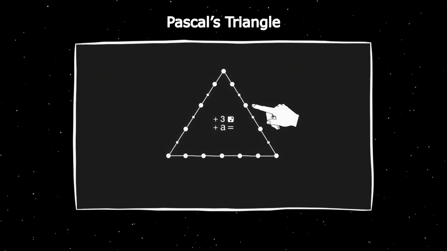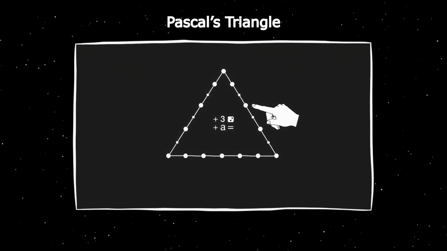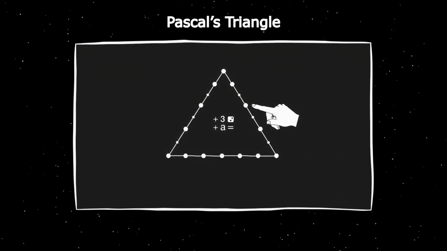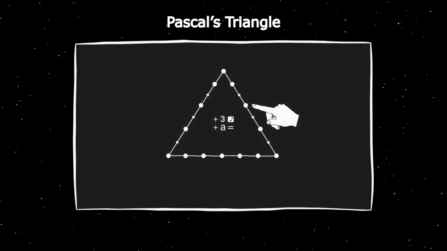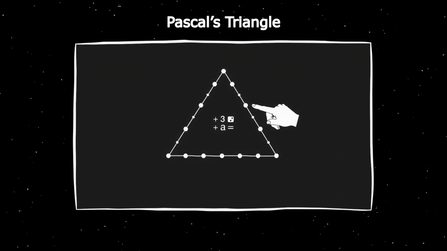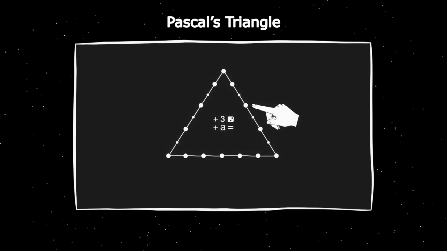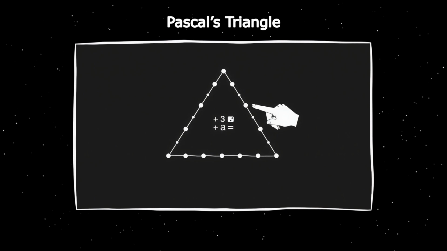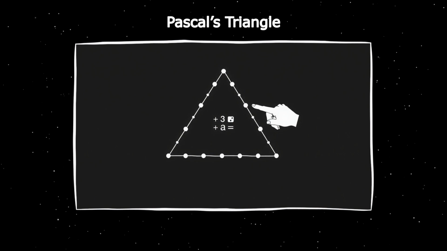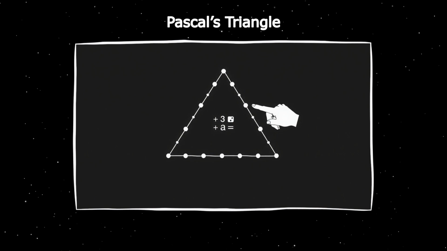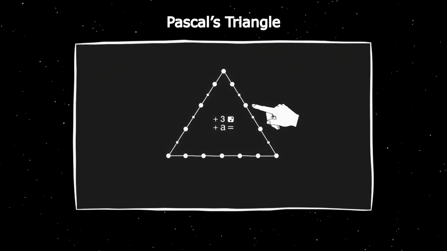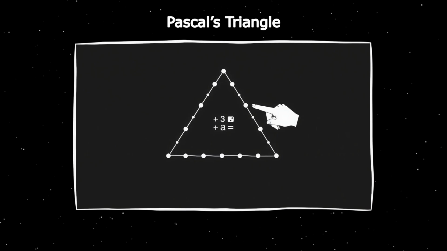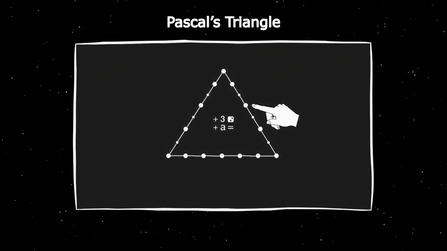The numbers in each row represent the ways to choose elements from a larger group. For example, the number in the third row of the triangle signifies the number of ways to choose two elements from a set of 3, or simply the combination formula expressed as 3 choose 2. Establishing this connection transforms what may seem a mere arrangement of numbers into a dynamic tool for solving real-world problems